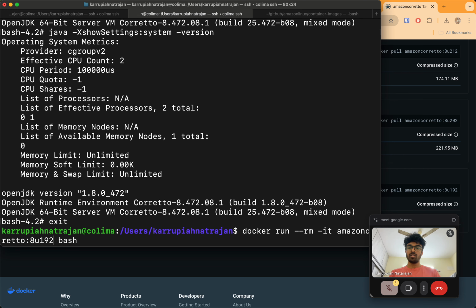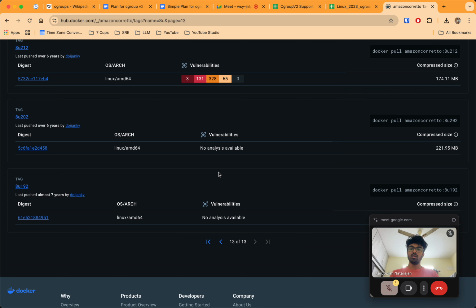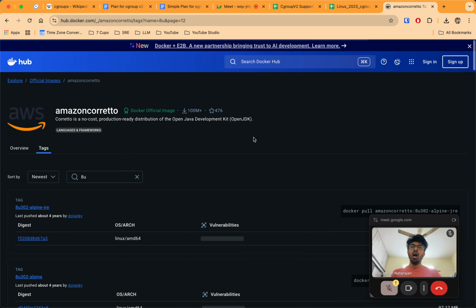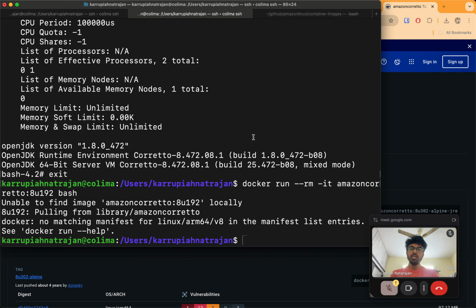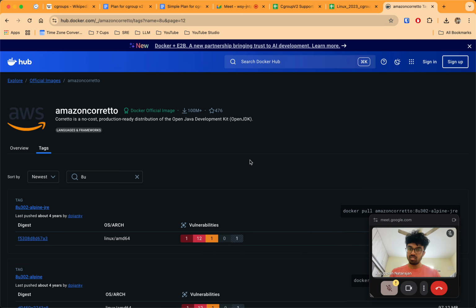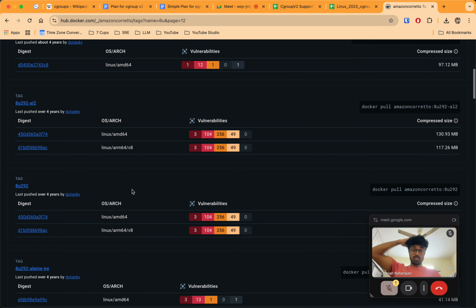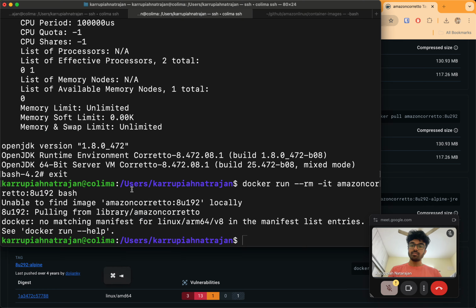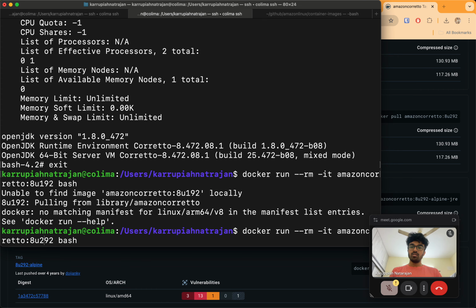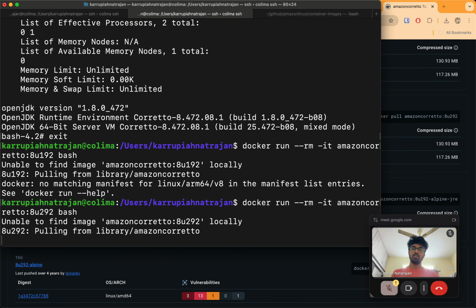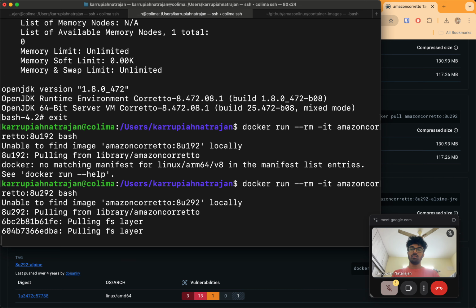8u192. Okay, they don't have it for ARM64. 292 they have. Okay, so 292, let's see if that works. Yeah, it works.